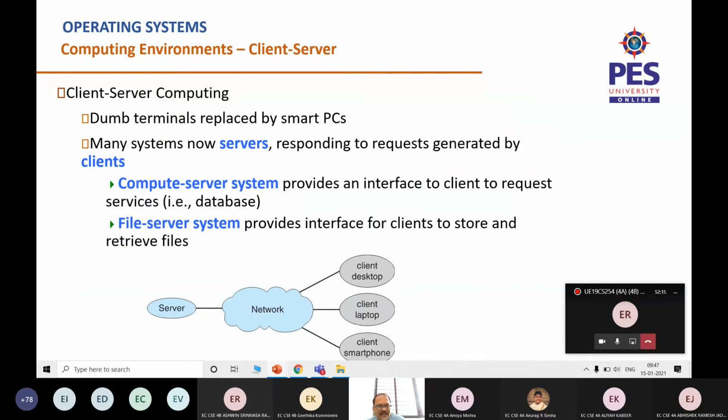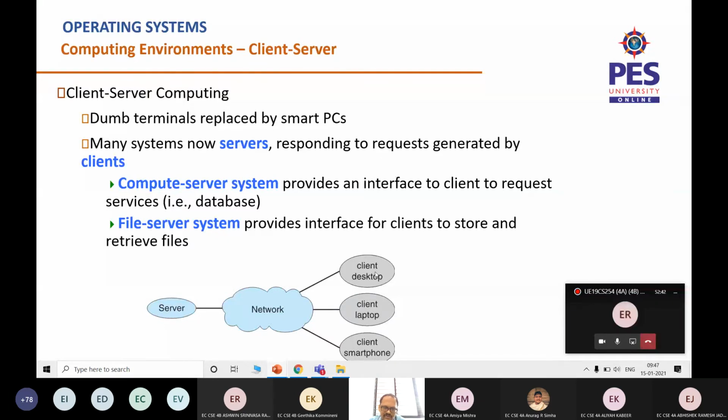The next one is client server computing. Most of these interfaces are found in the early applications from 2000 and onwards. There is a powerful server present, which does the bulk of the job, and multiple clients are connected to this server over a network or the internet as well.